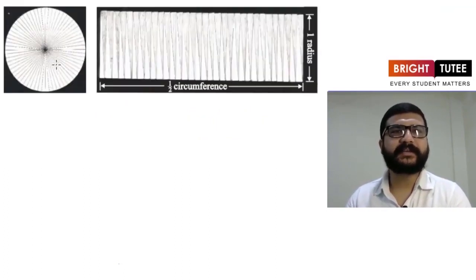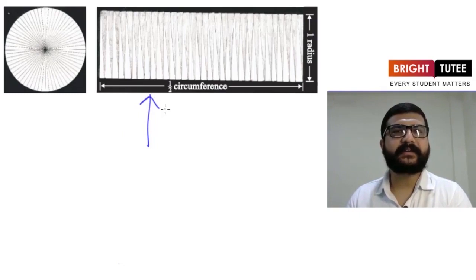So here we had one circle and we divided it into 64 sectors and arranged them in this form as shown here. Now it is nearly a rectangle, and finding the area of a rectangle is very easy. Here the area of this rectangle will be equal to the area of the circle, because this rectangle has been formed by using the parts of the circle only. So their areas should be equal. Now what do you think about the sides of this rectangle? See here, one side is half of the circumference and the other side is the radius.